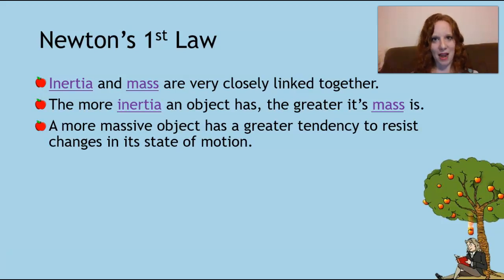The more mass something has, the more force it's going to take to change its motion. That means the more massive it is, the more inertia it's going to have. It's going to be a lot easier to pick up like your pet hamster and move it somewhere than like an elephant, okay? So more mass an object has, the greater its tendency to resist a change in its state